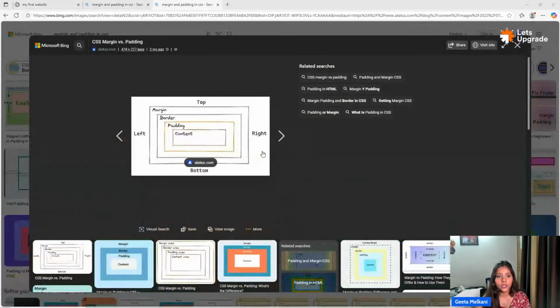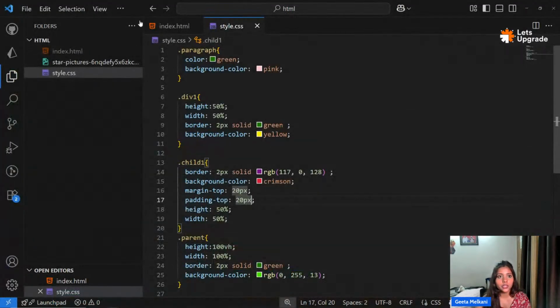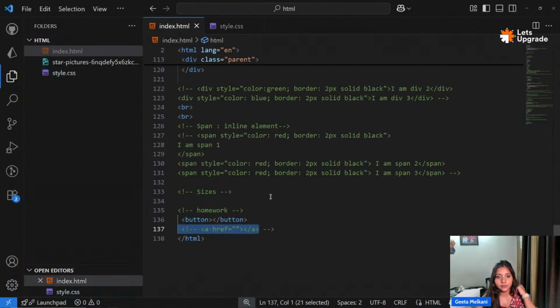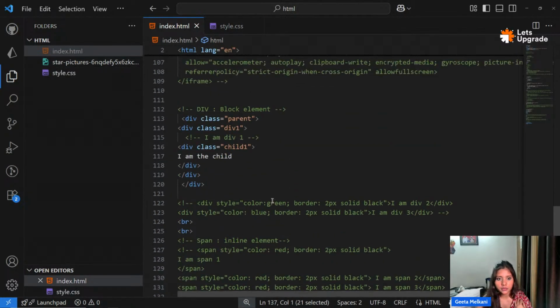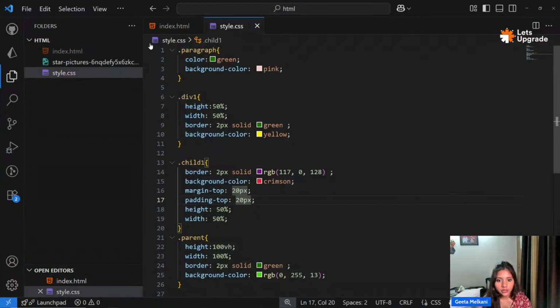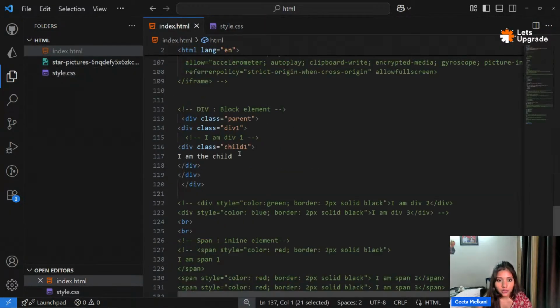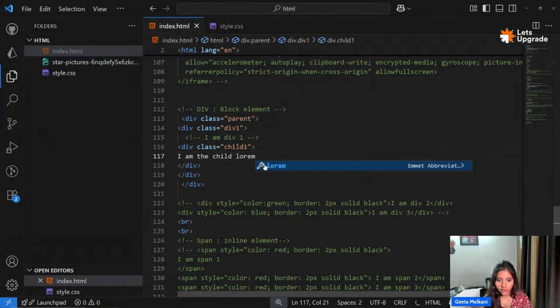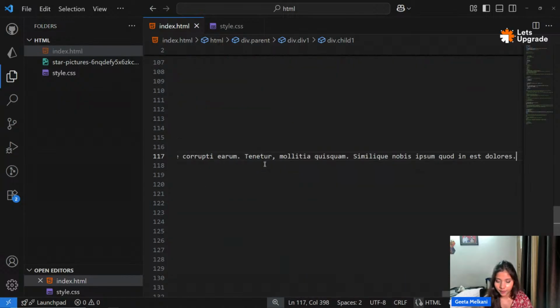Okay, let's explain overflow if you want. In the crimson div, was this div 1? No, this is child 1. So to the child 1 div, we are going to give some long content. Let's say we're going to give 50 words, but